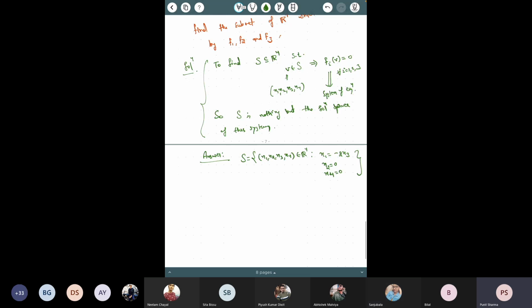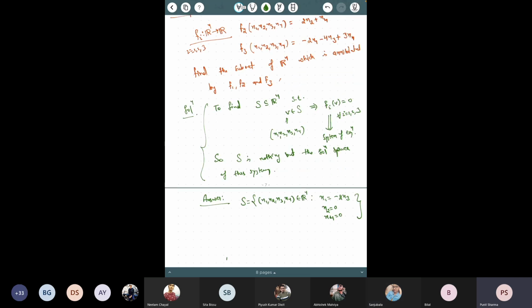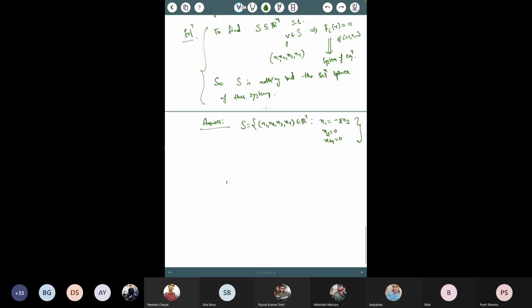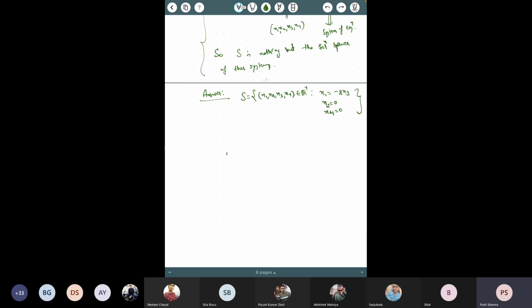So now you know that if you are given linear functionals, then you can find the set which is annihilated by the given functionals. This you know from this example. At least you have some idea how to do it. Now I'll ask the other side question. That means if I am given the set, then can I find its annihilator? So next, let me do this example here.